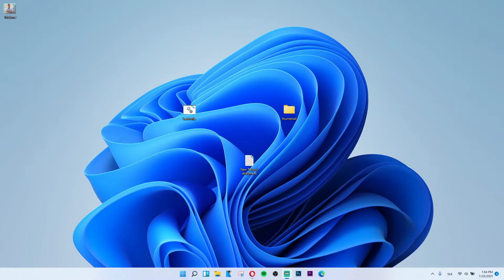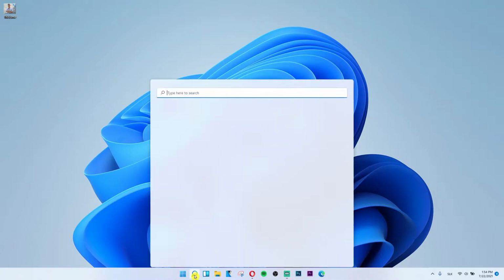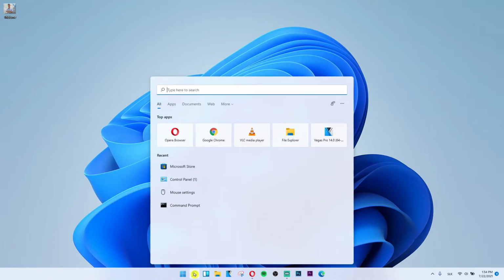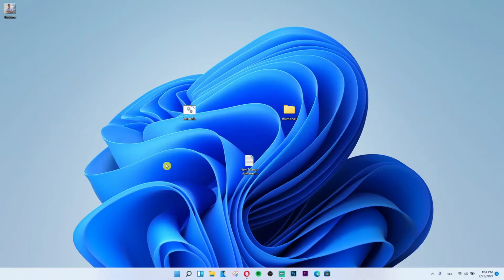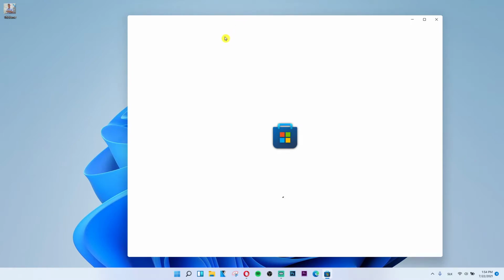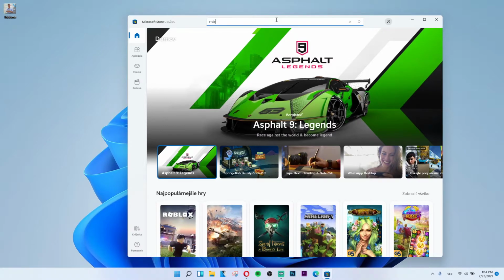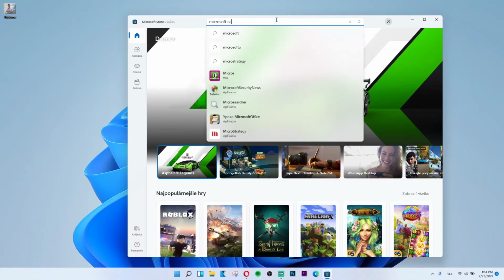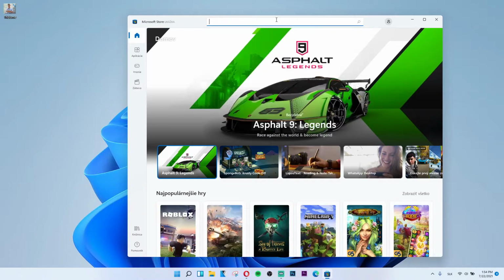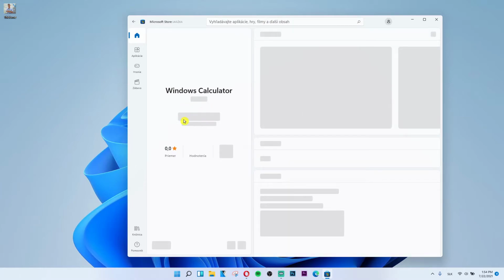So let's start. The first thing that you want to do is go to the search and write in the search Microsoft Store. Open Microsoft Store, and when you're here, you just want to write Microsoft Calculator. Sorry, Windows Calculator. Open the Windows Calculator